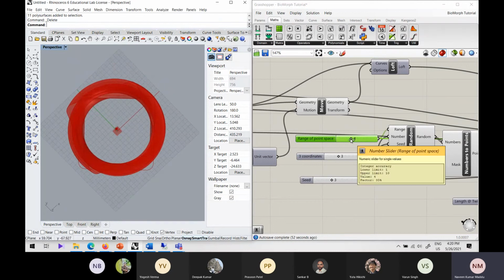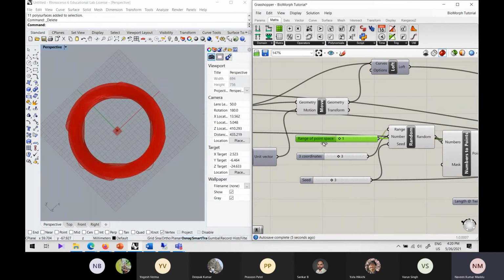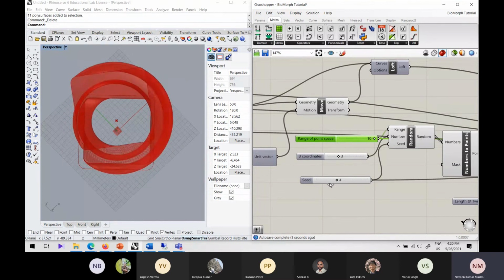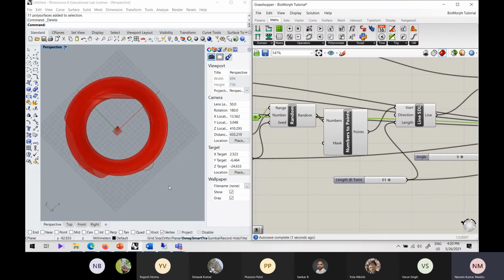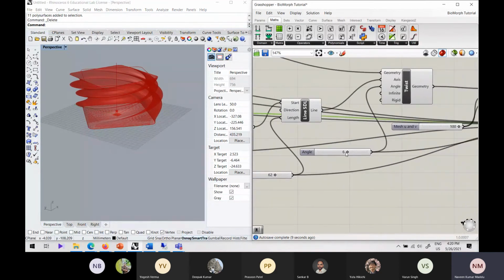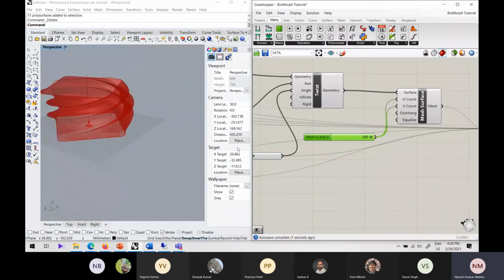If I change this point, you can see it is obviously twisting in a different direction, right? These are the points, and this is a seed at which different possibilities are occurring here. And this is the twist length. You can see the twist angle is happening. This is more twist, this is less twist. And angle of twist is how much angle you're trying to twist. And this is your meshing, as you told. You can see the meshing also, and if you zoom, you can see that.